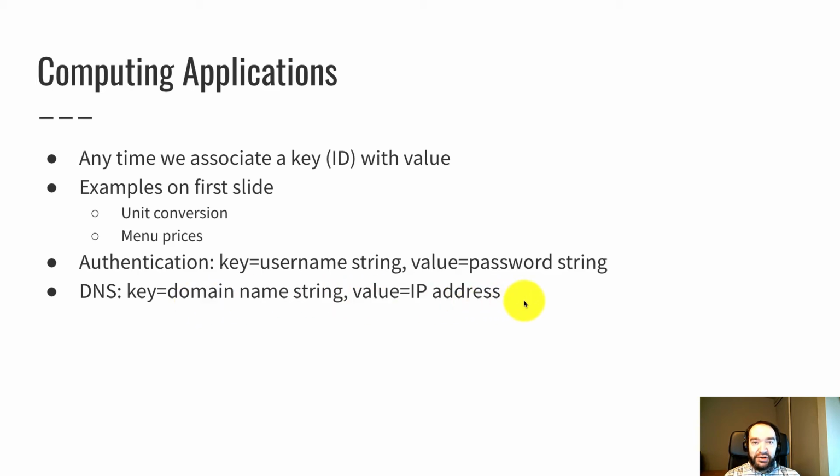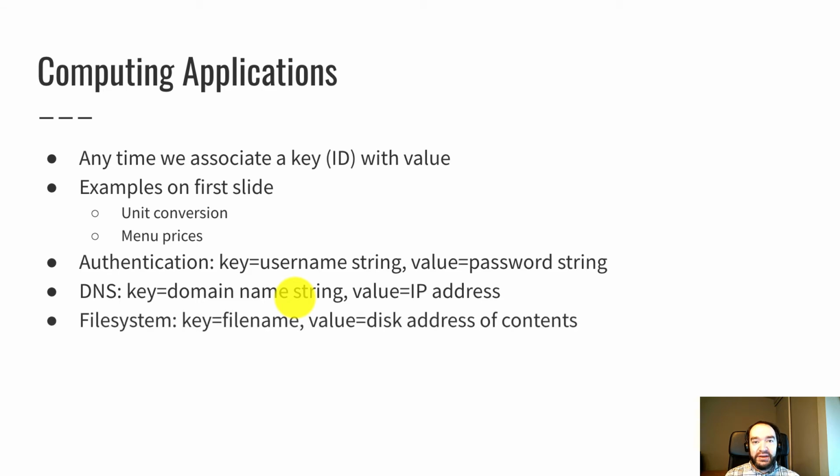An IP address is a numerical address that is used by computers to route traffic. Humans have a hard time memorizing these because they're just sequences of binary numbers. So we have these domain names like fullerton.edu, and the domain name system has a map in it. It would probably have a map data structure that says fullerton.edu corresponds to a certain IP address, and CNN.com corresponds to a different IP address, and so forth.